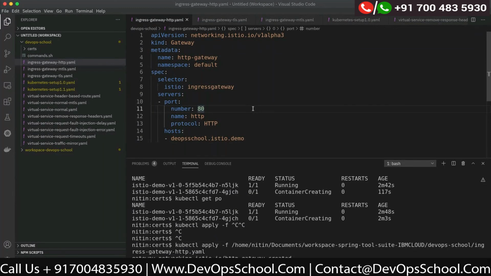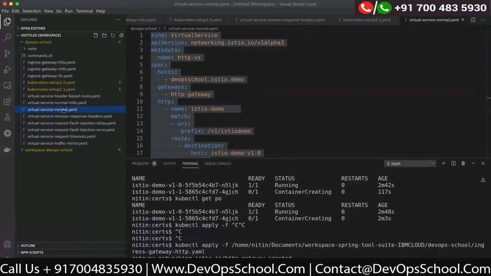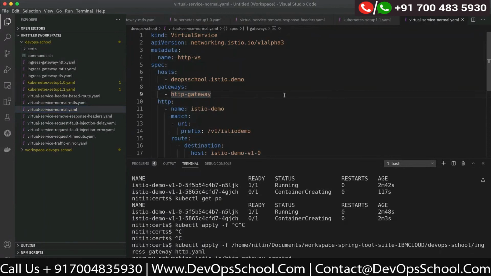It can't really route the traffic anywhere. So a gateway will always be linked with a virtual service. So that's where the namespace thing or everything which we talked about comes into the picture. Now, next we have to look at the virtual service. So let me open a sample virtual service. This is a virtual service in which again you have to define for which host you are creating this virtual service, and you have to mention for which gateway this virtual service will work.